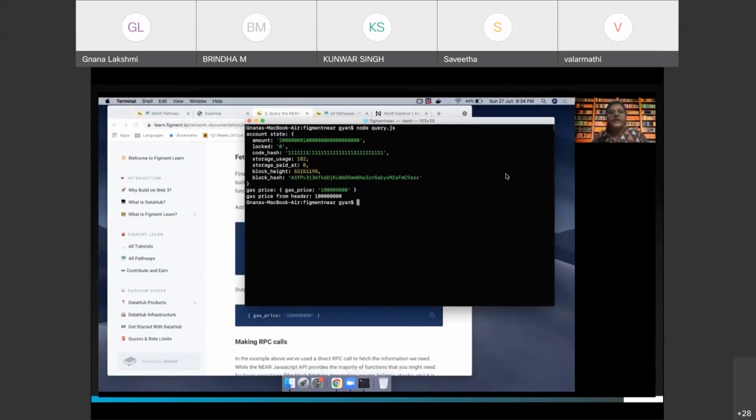So it would be storage that is storing the value, as well as could be storage related to the smart contract as well. The gas price, of course, we have also queried what is the gas price. We can see that the value of the gas price is returned to us from the network call.